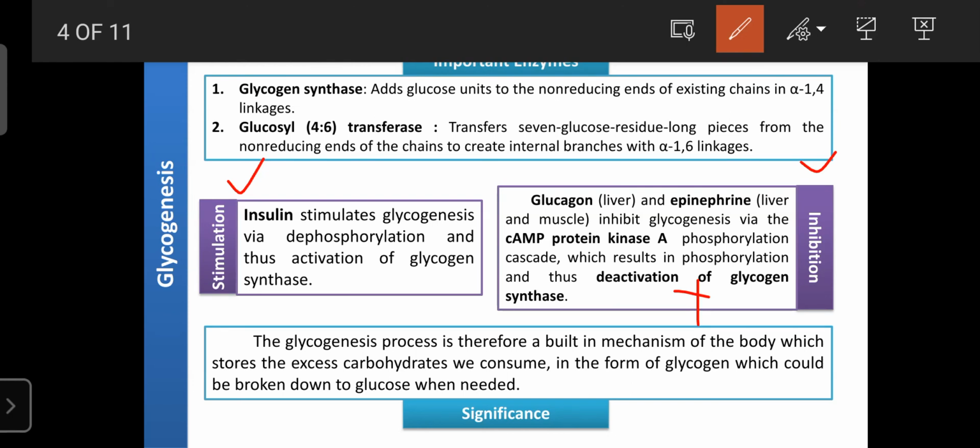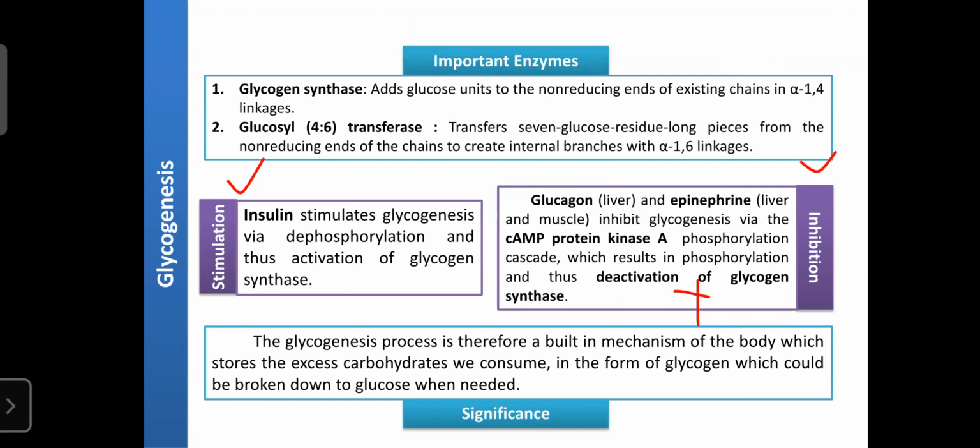Regarding significance, this glycogen pathway acts as a food or energy source whenever necessary. Whenever there is hypoglycemia, when the blood glucose level decreases and the body requires glucose, at that time it can initiate the breakdown of glycogen into glucose. So this is the significance of glycogenesis. Next one, regarding the